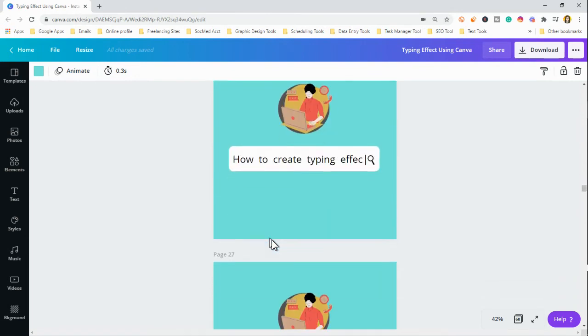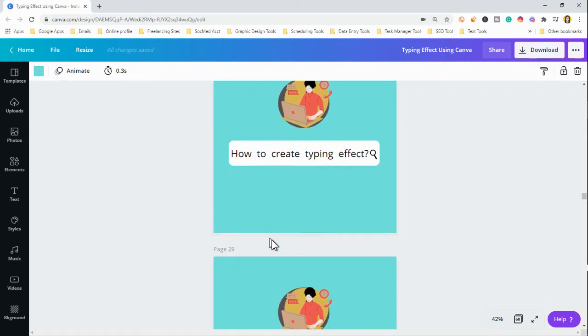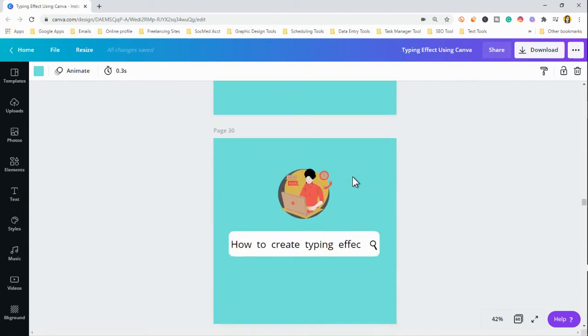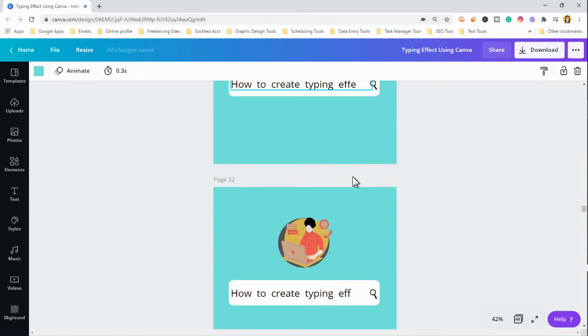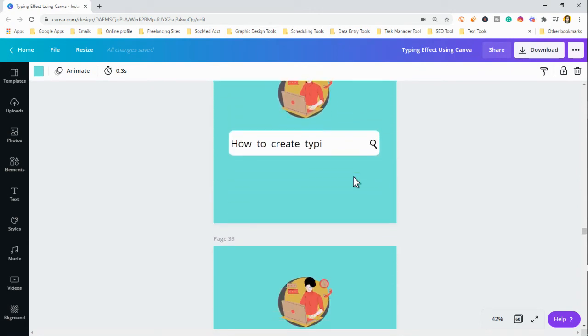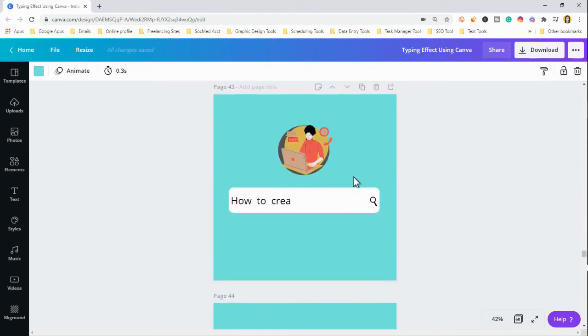So, ito na siya. How to create typing effect. And then, same thing dun sa aking pagdi-delete. So, add ulit ako ng another page, but this time, delete one letter at a time. So, first, I delete the question mark sign, and then the letter T, E, F, and so on. Until makarating ako dun sa how to,